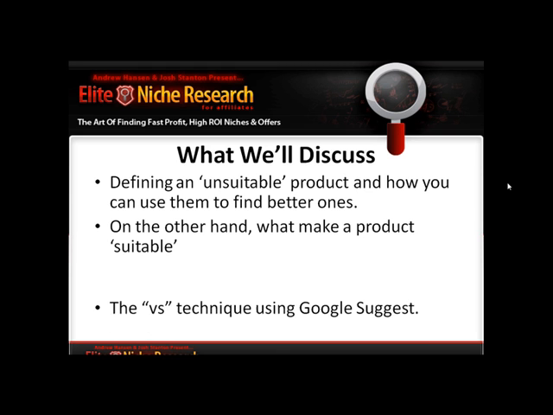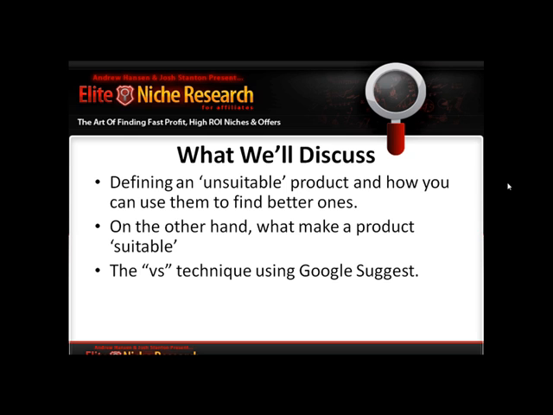So how we do this is we do it using what we call the versus technique and we use Google Suggest as our tool. Now Google Suggest is basically when you type something into Google, you'll notice that below it actually brings up a list of keyword suggestions, something that you may have been looking for, and that's the thing that we're going to look at using today. So that's the versus technique, and we're going to do a tutorial on that later,